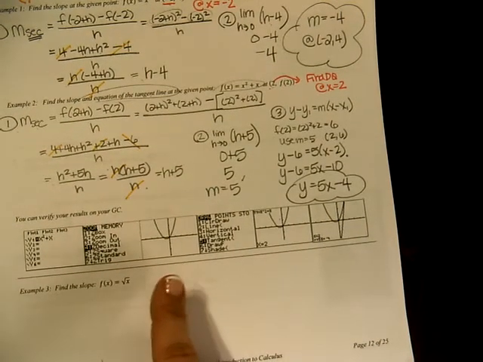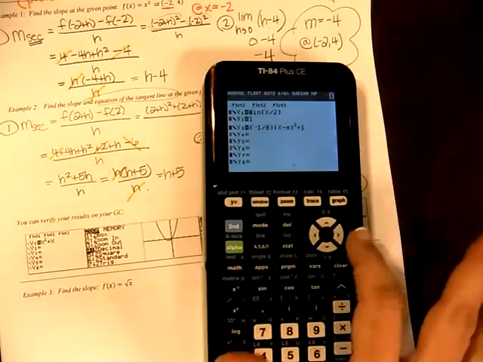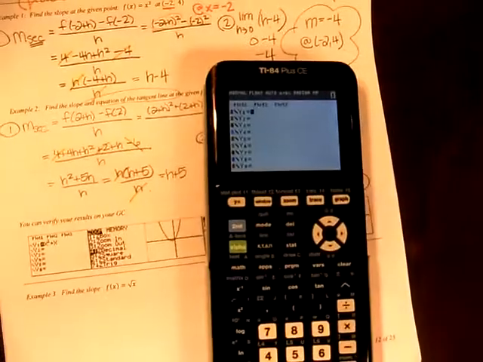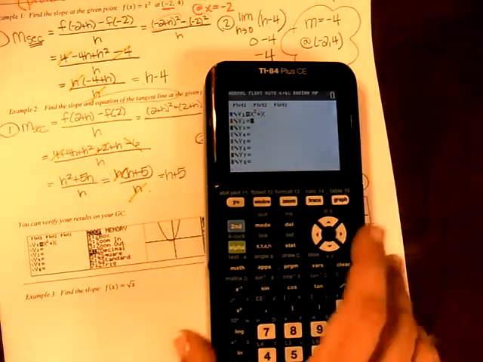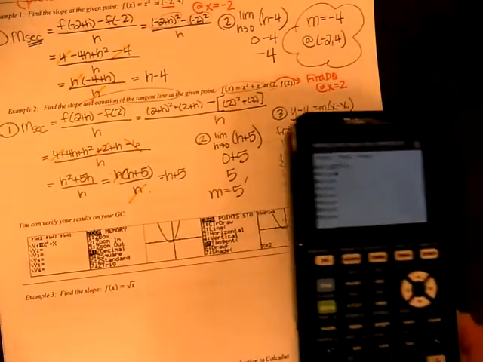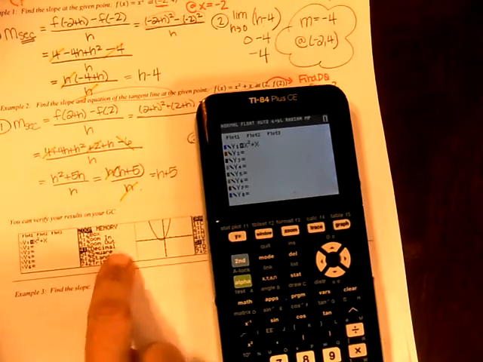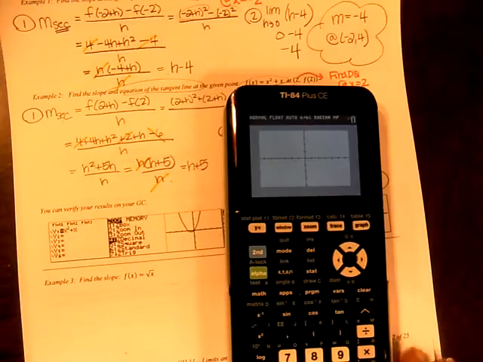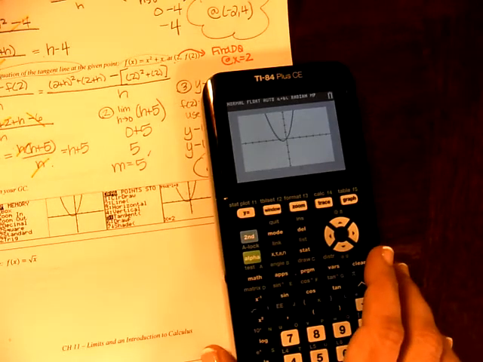As far as verifying the results on the graphing calculator, what you would do for something like that is in y1, let me clear all this stuff out. In y1, we could put the equation x squared plus x. And then, just to make it a little bit different, this suggests that we do zoom decimal, which is number 4. And then what we can do is go to